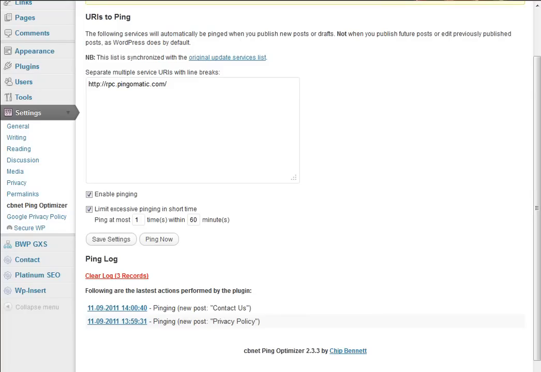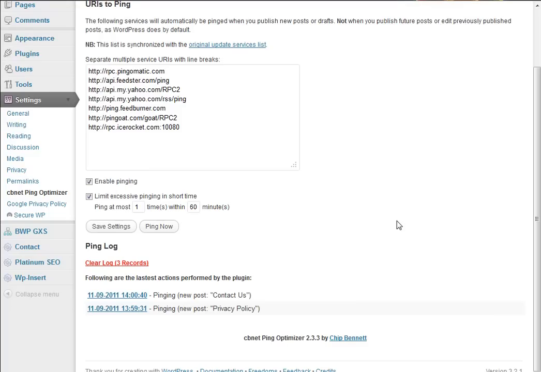We use a pretty short ping list. There are ping lists out there that are several hundred lines of different places to ping. I don't really see any benefit from it when we do it. We've tested it. This seems to work just as well, if not better. So I'll just save those settings